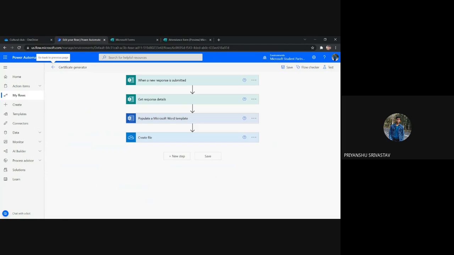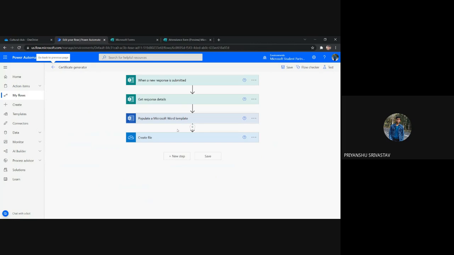Now the next thing is that you cannot just forward that Word document to the participants of the certificate, because the Word document is editable. Of course, it is editable, and anyone can change the name and say that they've also got this certificate. So what we have to do is convert that Word document into the PDF format.